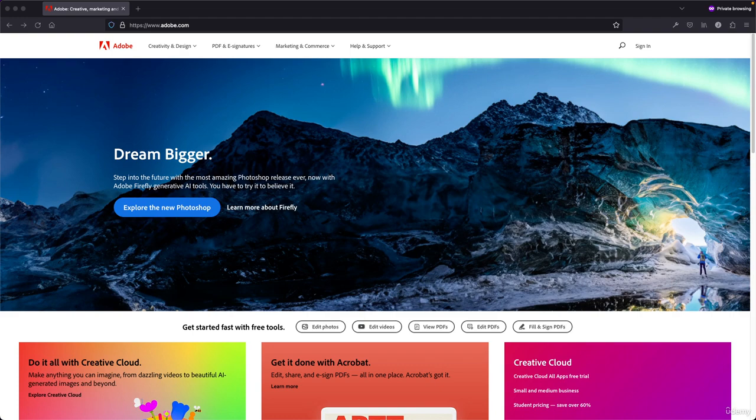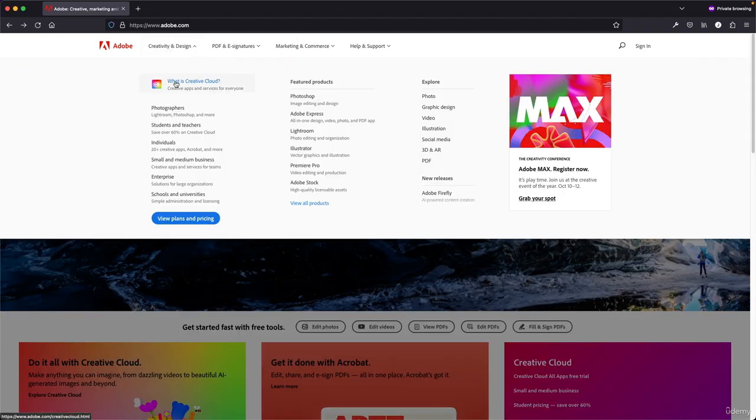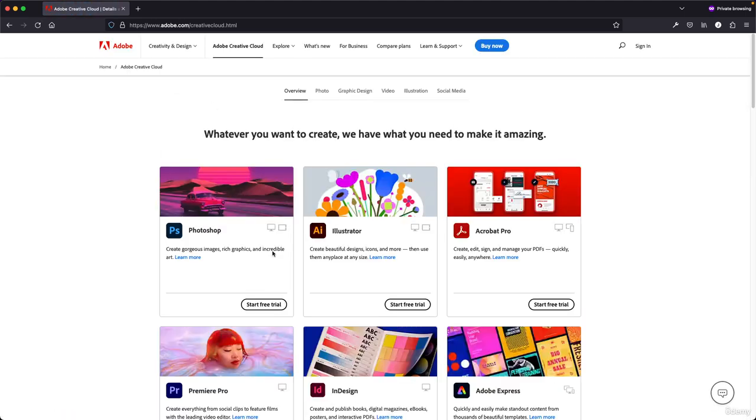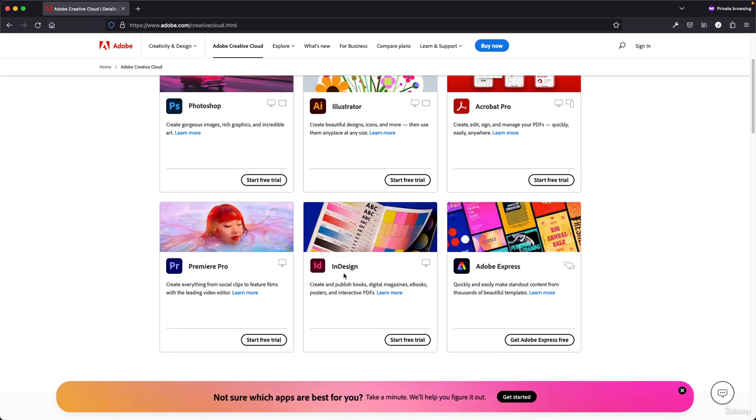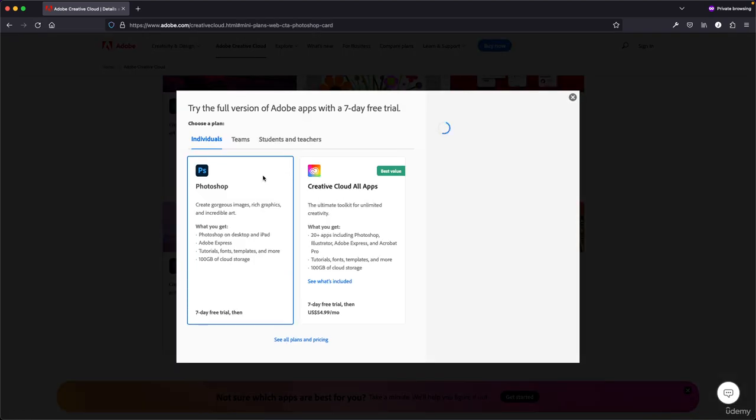Okay, so what I'm going to do is on adobe.com, we'll click on Creativity and Design. We'll click on What is Creative Cloud? And you're going to see a variety of options here for Photoshop, Illustrator, Acrobat Pro, Adobe Express, InDesign, and Premiere Pro, right? So I'm going to click on Start Free Trial with Photoshop, and this is going to prompt two